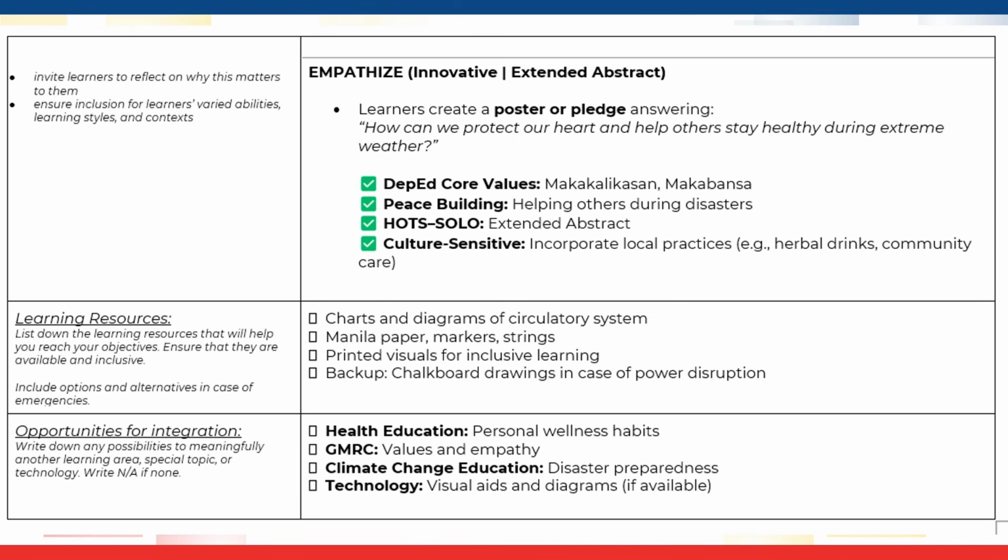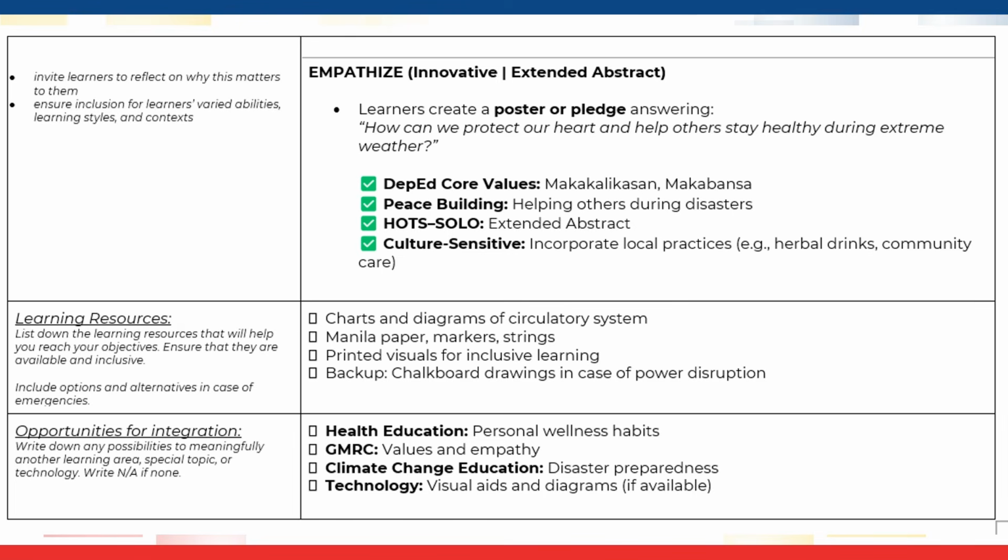Then under learning resources, we write down the needed learning resources, the charts, the diagrams of the circulatory system on paper, markers, strings, printed visuals for inclusive learning, backup of chalkboard drawings in case of power disruptions. Opportunities for integration. These learning competencies can be integrated also in health, noticing personal wellness habits, and GMRC values and empathy. In climate change or disaster preparedness, in TLE, visual aids and diagrams whenever they are available based on the context